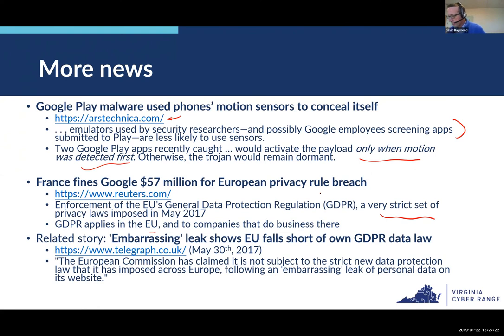So GDPR certainly has advocates in the European Union, because privacy is becoming a big issue on the internet, and people want to make sure they have control over how their data is used. They want to make sure that data about them is used only in particular ways, and so GDPR provides some of those kinds of guarantees. What it also provides is this notion of a right to be forgotten. So what that says is that